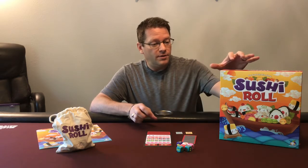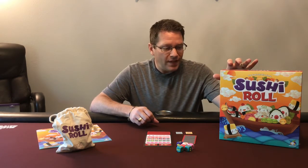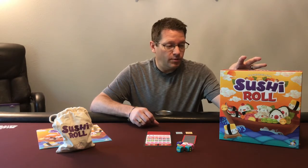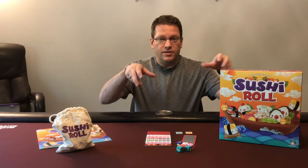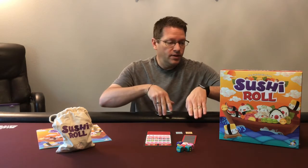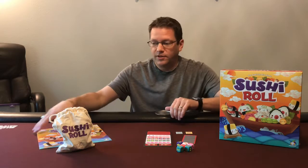First off, the box is a little too big. It all fits in the box, no problem, don't get me wrong. But it's one of those games where they've put the insert and they've got the cardboard at the top, and there's just that canyon down the center that everything slides into. And then the only thing that fits across the top is the